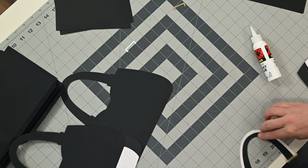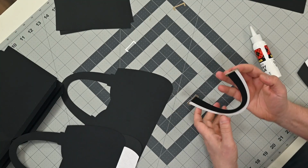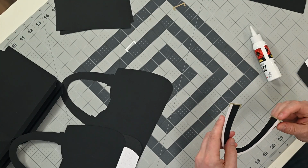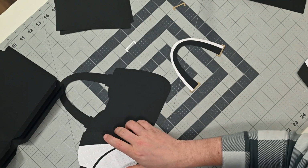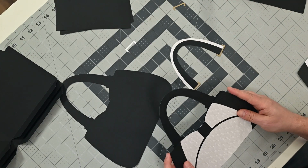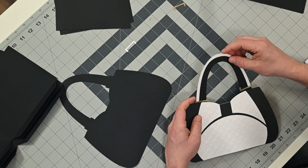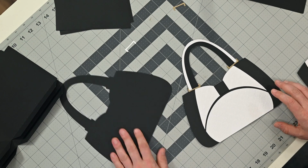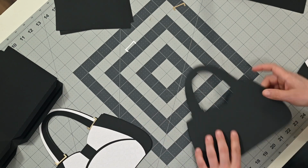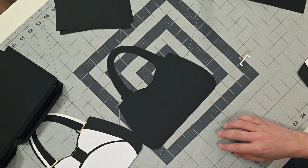There we go. Flip that over, push down. Okay. That one's good to go. So let's take a look and see how this is going to eventually look. Okay, so you can see how things are starting to come together. So that's one side. And let's grab the two little gold elements